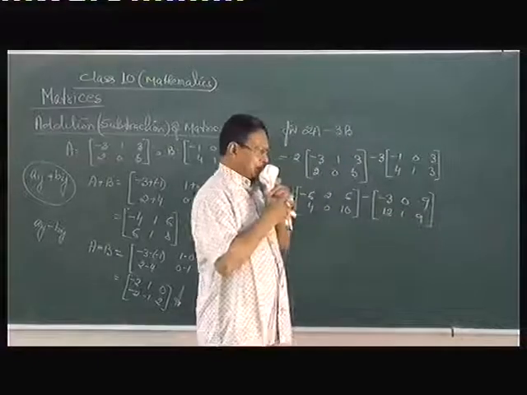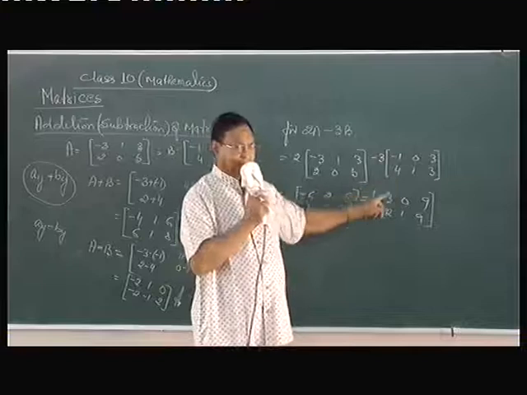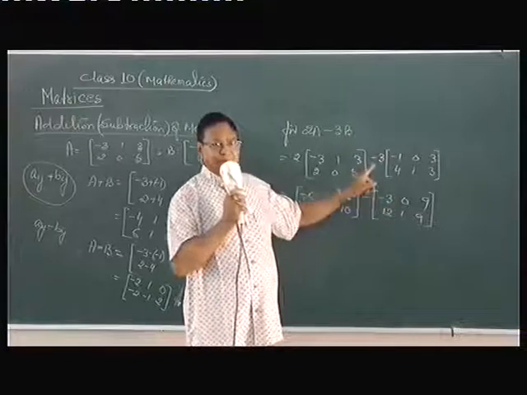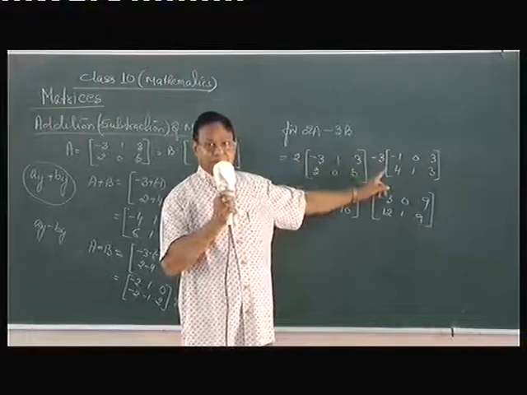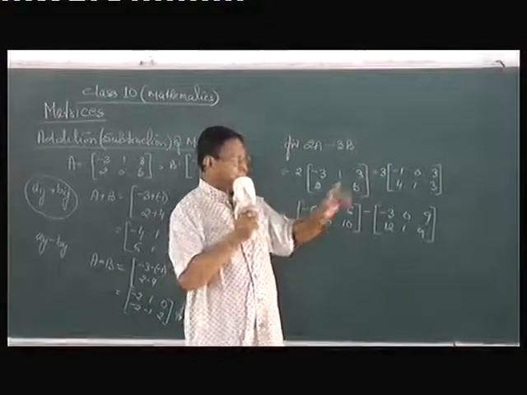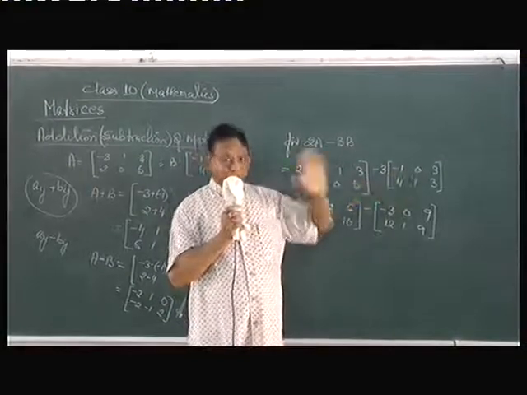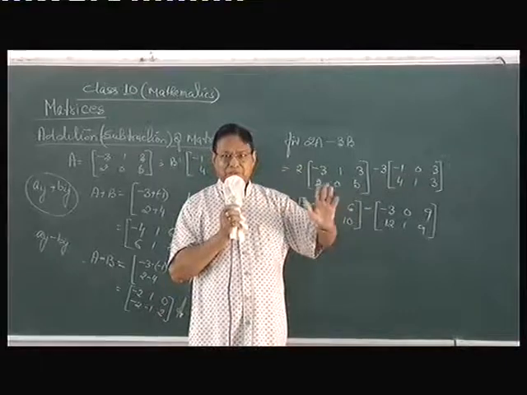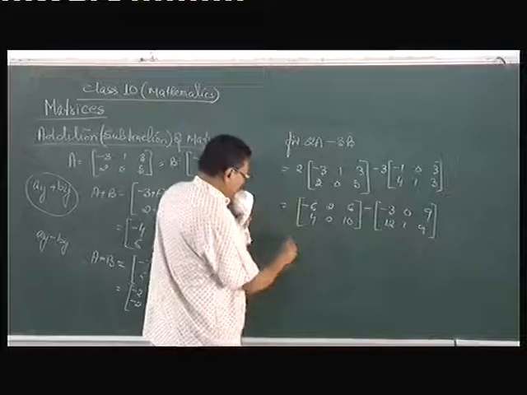Now please pay attention. Multiplying a matrix with a scalar, this is minus. So don't multiply it with minus 3. You only multiply it with the number. Because if you multiply it with minus 3, nothing wrong. But then you have to change the sign here to plus, and all will be multiplied with minus. So don't go on to all this. Straightaway multiply with the number. So multiplying with the number you get this.